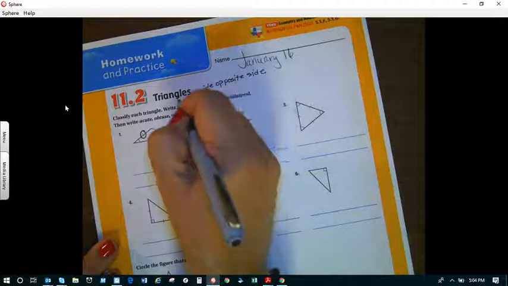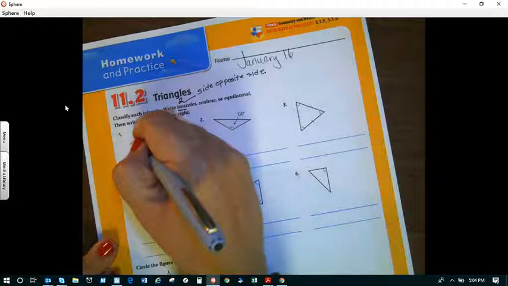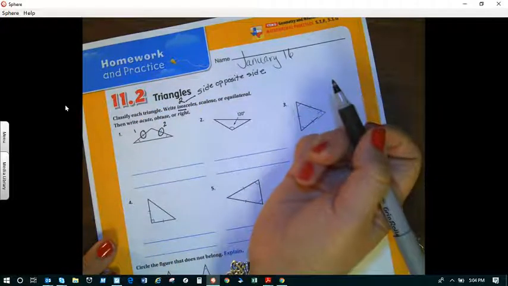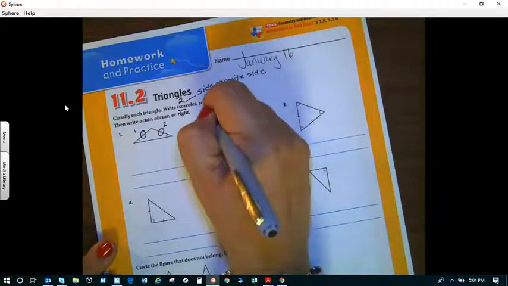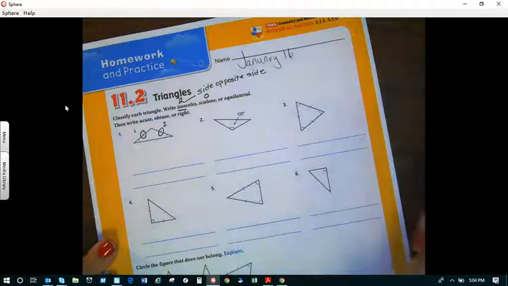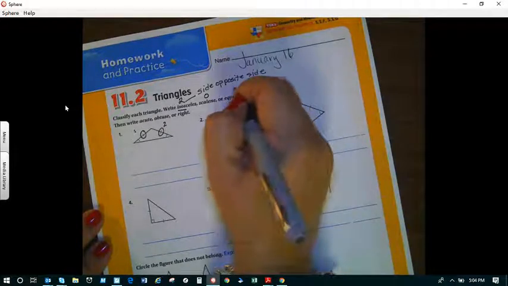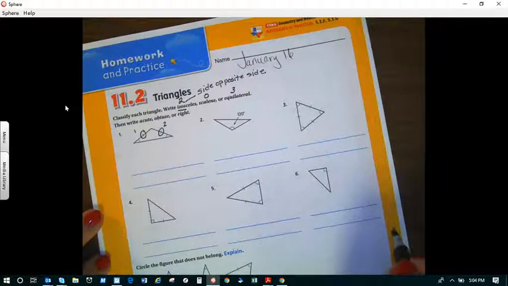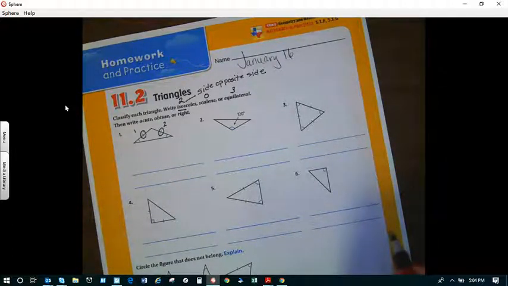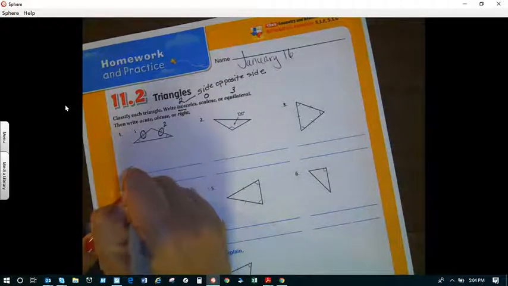An isosceles triangle is going to have 2 lines that are equal to each other. So this is 1 line and that's 2 lines that are equivalent or congruent. A scalene triangle has 0 lines that are equal to each other. That means no lines are going to match each other. They're all going to have a different measurement. And an equilateral triangle means that all 3 of the lines are equal to each other, because in a triangle there are only 3 lines. So here we said that this was going to be an isosceles